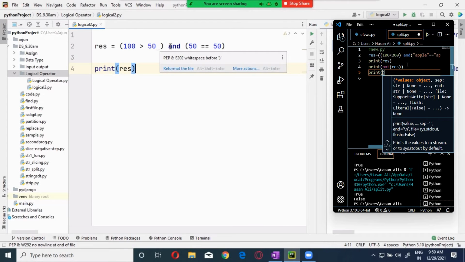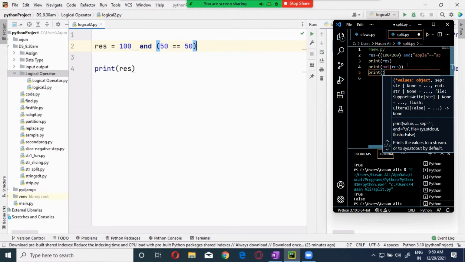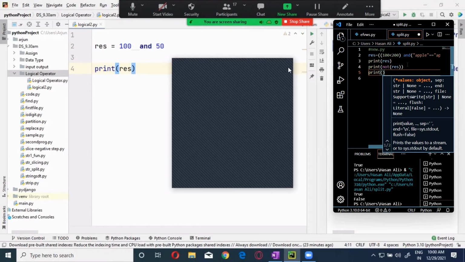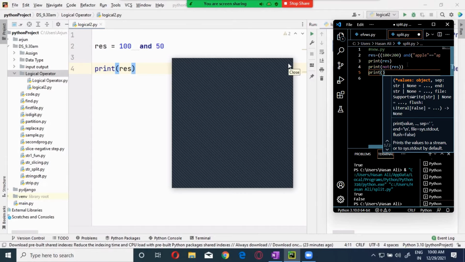Now, what if I am doing it like this? I'm using the values 100 and 50. So we are going to get an output as, not true nor false, Nazia.